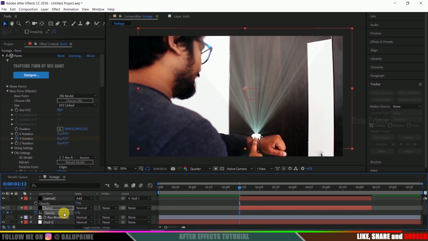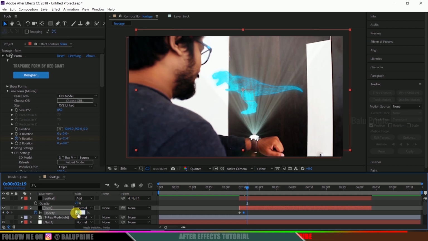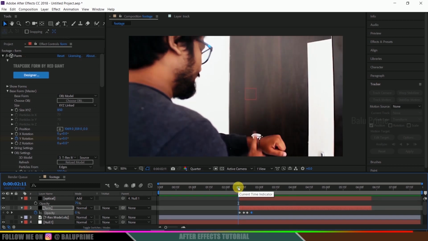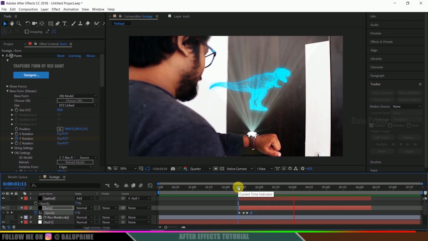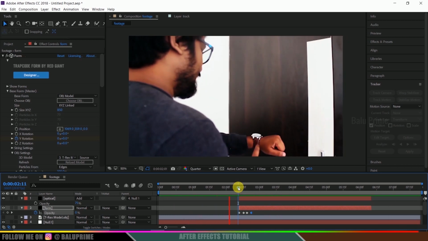Move a few frames forward and change the opacity to 75, and again move a few frames forward, like 2 or 3, and change the opacity to 10. Now again move forward in the timeline and change the opacity to 100. Okay. So you can see we got some glitch kind of effect happening here. So in this way we can create this hologram effect inside Adobe After Effects using Trapcode Particular and Optical